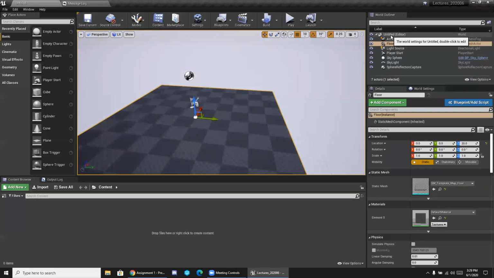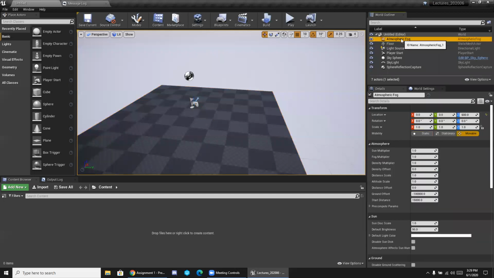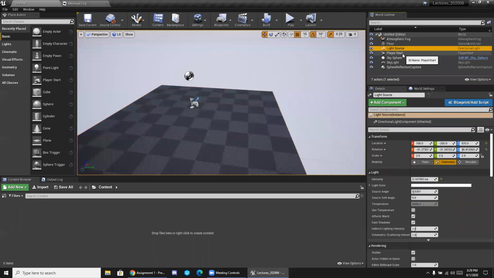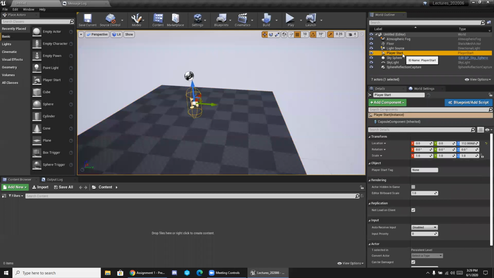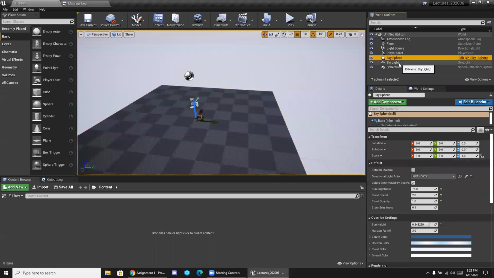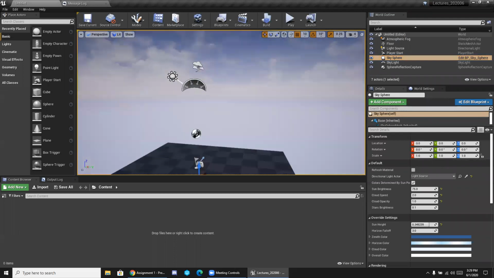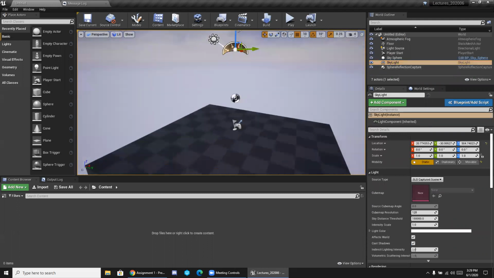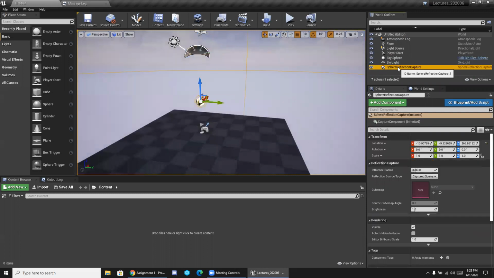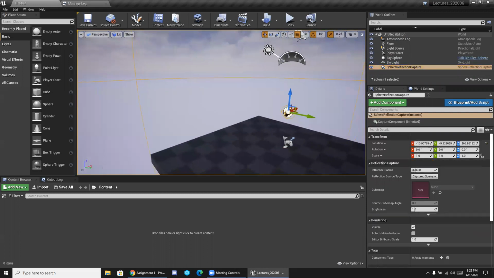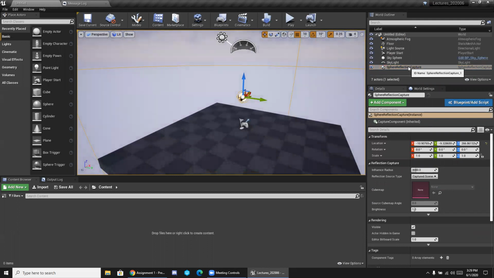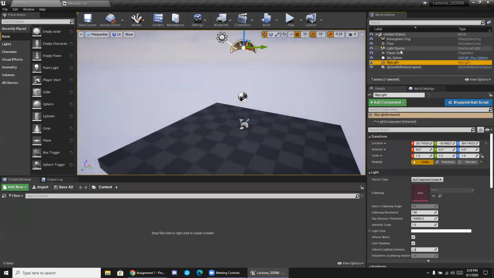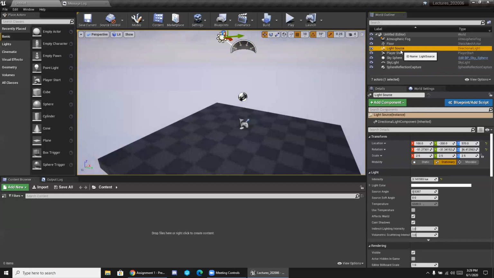Just like Unity starts you out with a sample scene, they start you out with a basic template just to get started. Has a few different things in it, some fog, the floor, light, what is called a player start, that's where your player will actually spawn in, a sky sphere, so that you get the clouds and stuff like that, a sky light to help represent some atmospheric stuff, and a sphere reflection capture, so that everything can look shiny if it wants to. So a couple more things than just the light and camera that you're given from